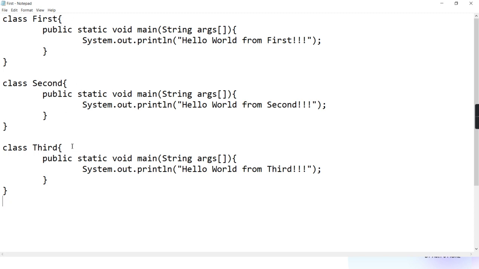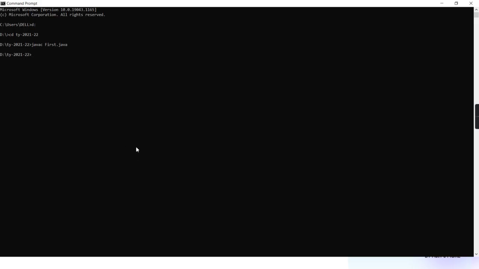Now in the directory you'll see how many .class files: first.class, second.class, third.class. Now which class's main do you want to call and start the execution with? Give that class name to your Java tool, that is the second tool. That second tool, the Java tool, is responsible for translating your .class line by line into the actual native code or machine code, and then giving that machine code to the underlying processor for execution.